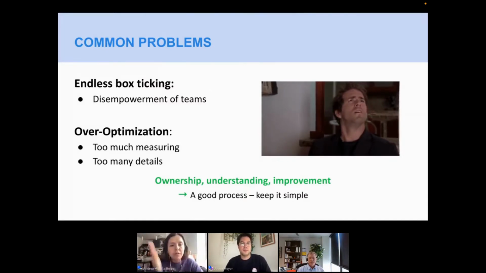So we want to avoid over optimization, and we want them to be able to be their own agents by understanding their own sales process, but also understanding that they have the power to program their own tasks and go further with the needs of the client, and just make sure that they're not stuck in the process.